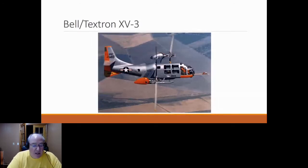First flew in August of 1955, ended in June 1966. It had 250 flights. Throughout the testing, it performed 110 transitions from vertical to horizontal flight. And this kind of an aircraft helped pave the way for the V-22 Osprey that we all know and love